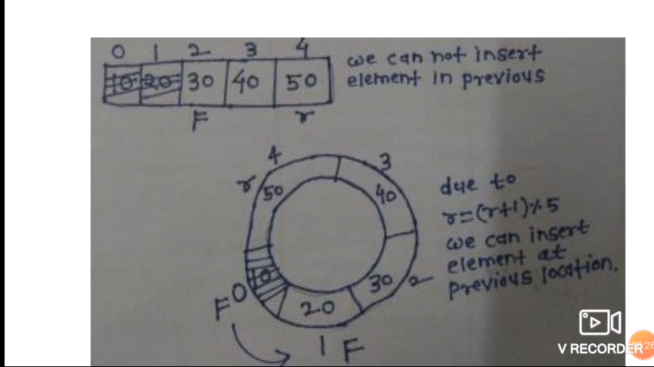I repeat once again, a linear queue has several drawbacks, and I will tell what the drawback is. Consider a queue of size 5. After inserting 10, 20, 30, 40, 50, front is at 0, rear is at 4. Then I delete the first two elements from the queue. After deleting them, front will point to second index and rear will point to fourth index. And if we try to insert one more element, if we try to perform the NQ operation,